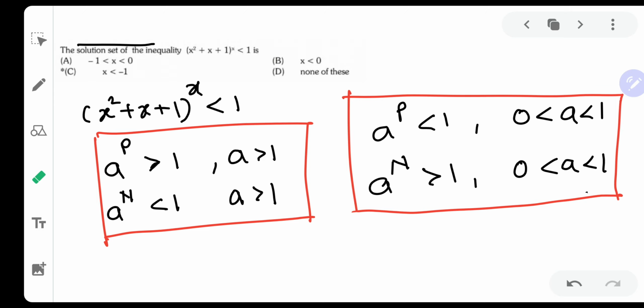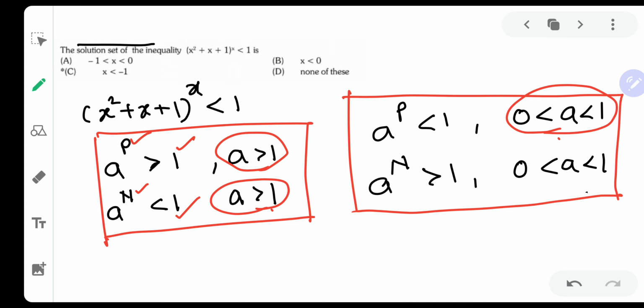Now you will say, sir, what makes you think that in this question the base is not negative? So I will explain that also. First of all, you should understand a number greater than 1 given a positive power gives the answer greater than 1. A number greater than 1 with a negative power gives the answer lesser than 1. A number between 0 and 1, that means properly a fraction, given a positive power, gives an answer lesser than 1. And a number from 0 to 1, basically a fraction, gives you an answer greater than 1 if provided with a negative power.